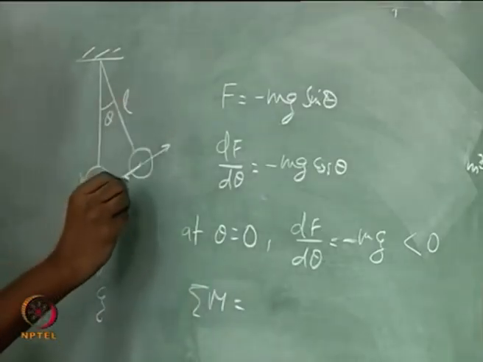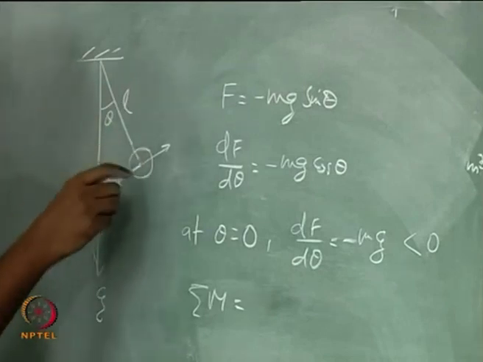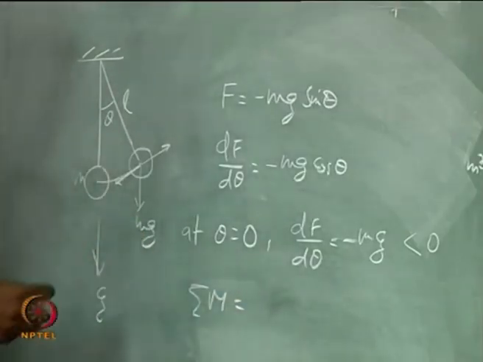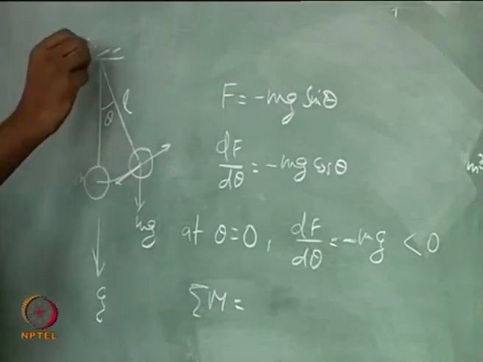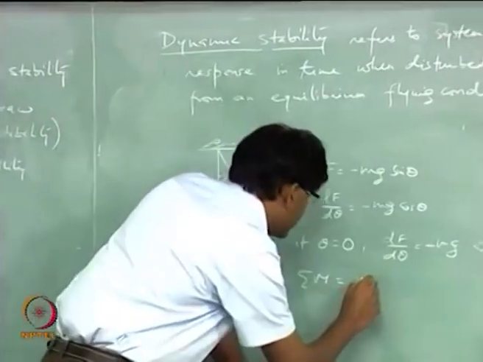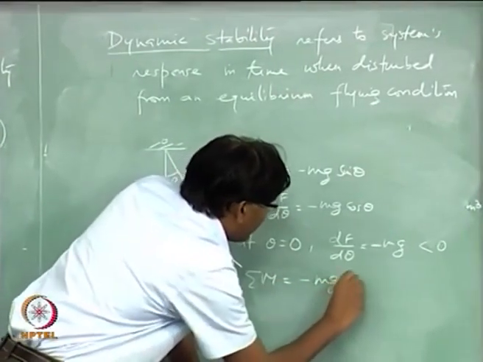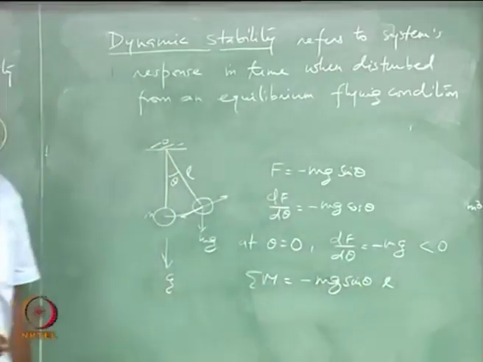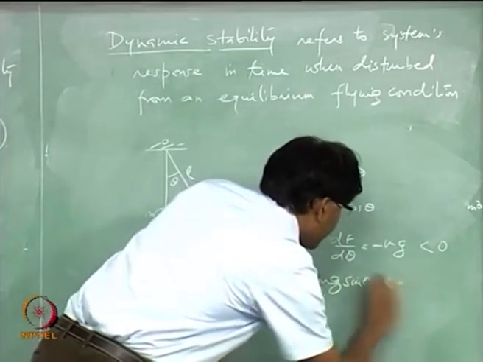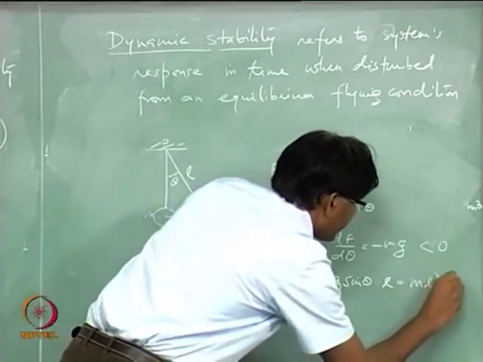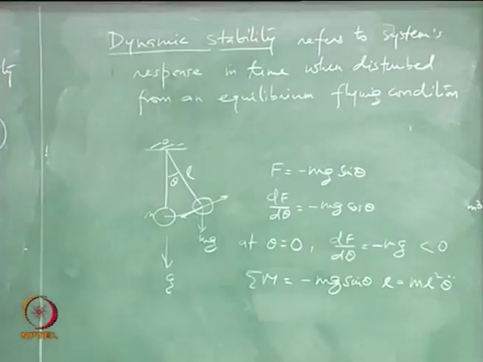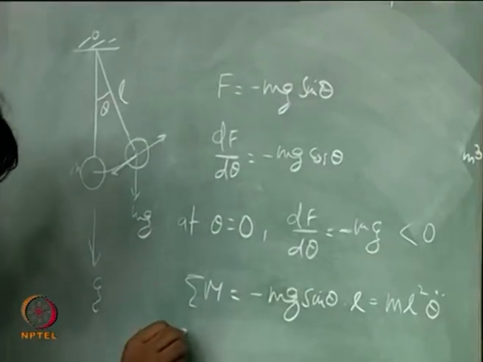So if you have this length of the wire is L, so this force is creating a moment about this point of suspension, right, which is equal to the inertia force, right. So, the equation of motion is actually this,